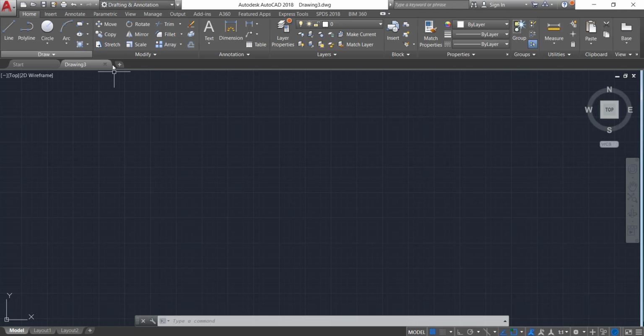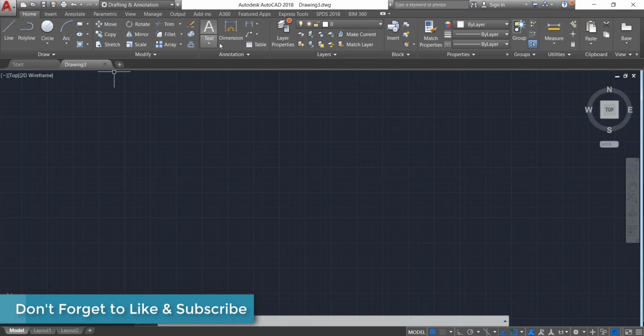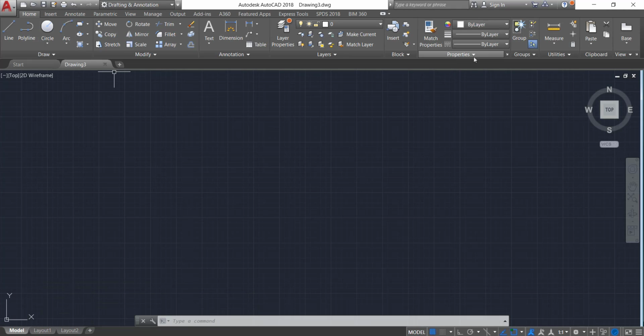Then if you want to modify your drawing, these are the commands that we can use. Then for the annotation, that is dimension or text, we can use the annotation panel. And this one is for the layers. Then block, then different types of properties. If you want to change the property of any drawing object, you can change it from here. Then if you want to create a group of any objects, you can use these commands. And to measure any distance, area, or angle between any two points of your drawing, you can utilize these utility tools. Okay, same way we will see each and everything in detail.